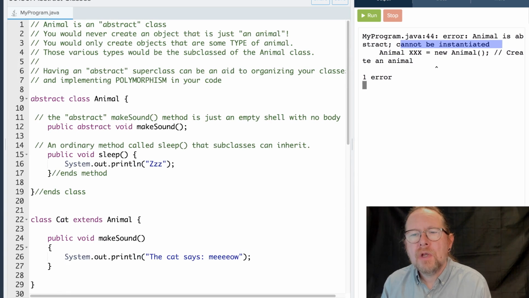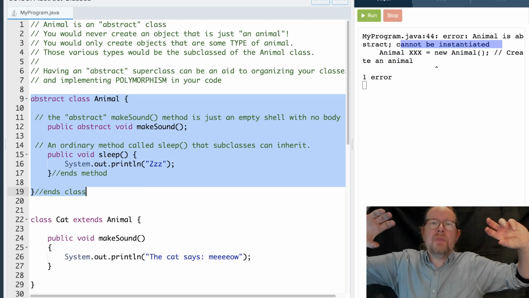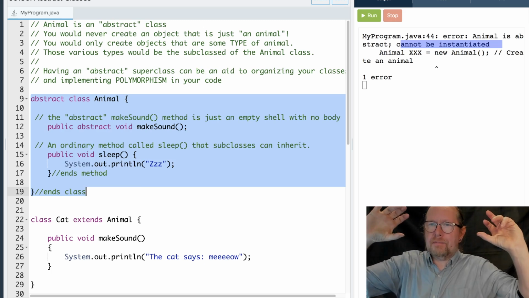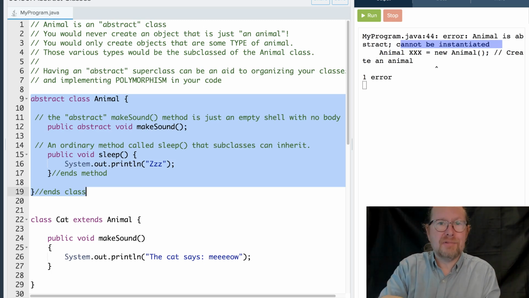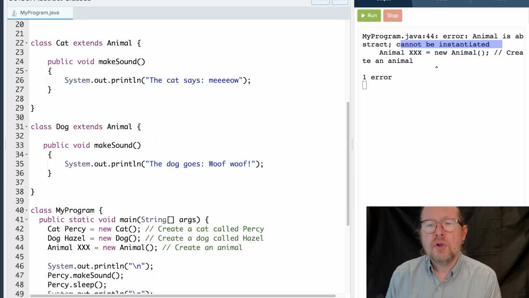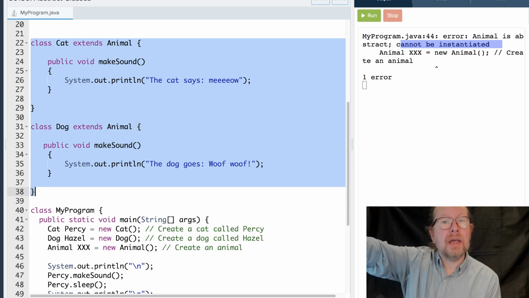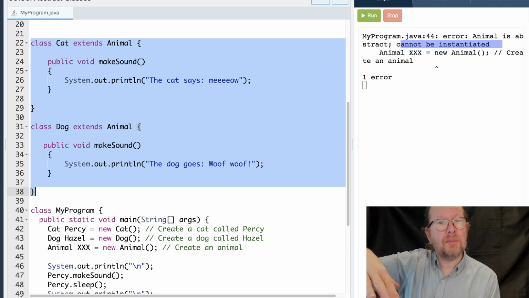Okay? So you can think of abstract classes as just a box to put subclasses in. It doesn't do anything by itself. You can't make one. You can't call it. But the usefulness of it is it allows subclasses to inherit methods and instance variables from something, even though that something is not something you would ever create